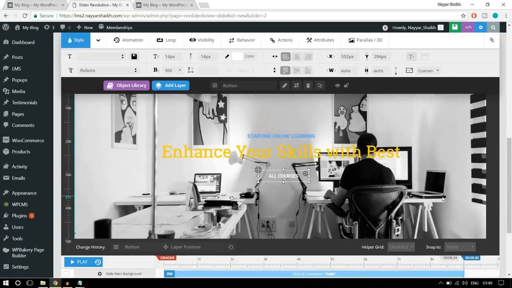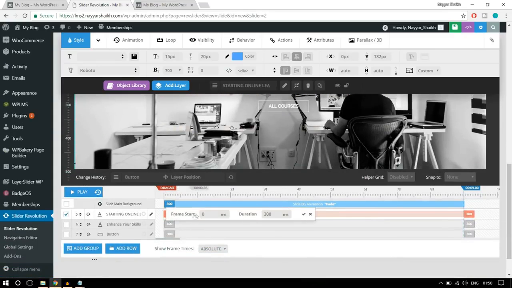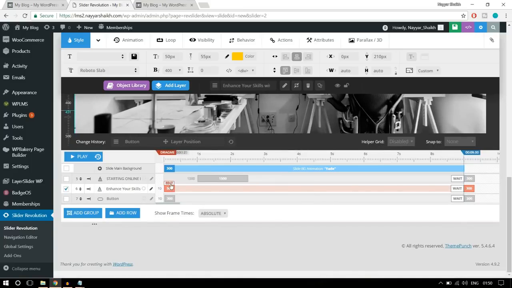Now again, you can set the timing in the same way. Suppose you want to set the timing for this one, you can select this. You can edit it from here. Suppose you want to start it at 1 second, so we'll type in 1000 milliseconds, and the duration, how long the animation should go on. So I'll select 1.5 seconds, so I'll type in 1500 milliseconds. Click on OK. Now for this text, I'll select this, click on edit, and this time I'll select